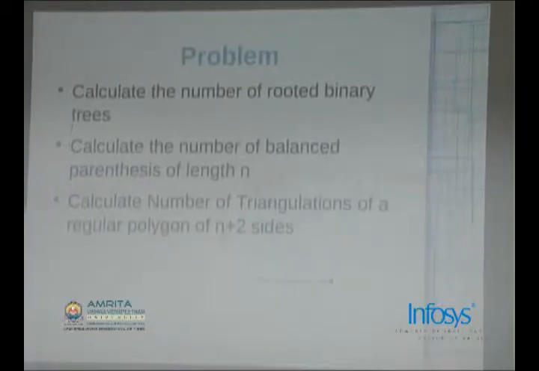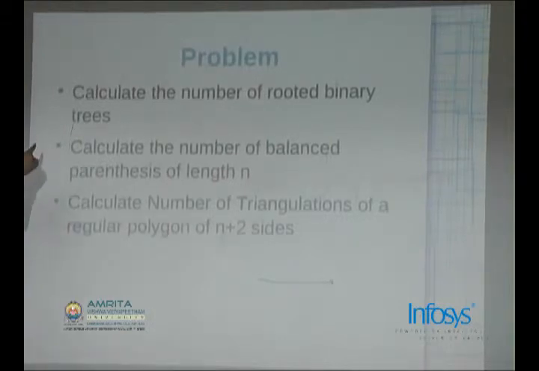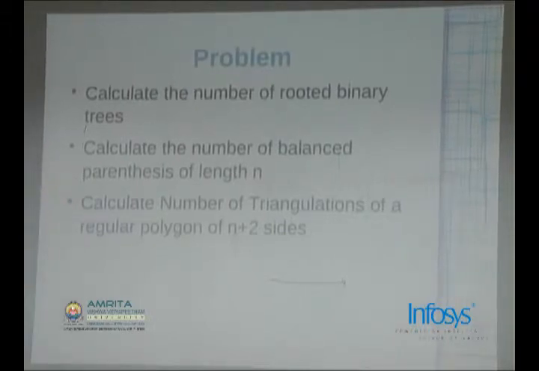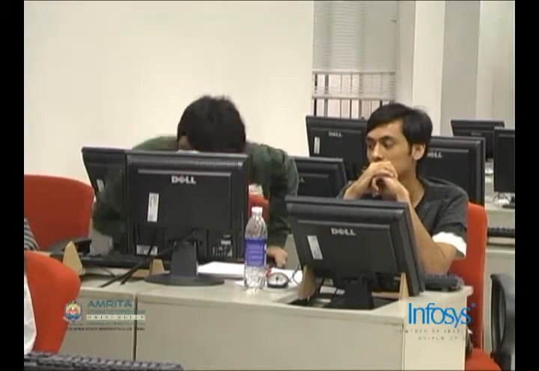Might not be very intuitive or might sound a bit weird, but all of these three problems have the same solution. That same solution is the Catalan number. Could anyone would like to explain how to solve it? How will he derive that? Any of these three problems, the solution is the Catalan number. I can explain that circle thing. Handshaking from inside. Just come and explain if you want.